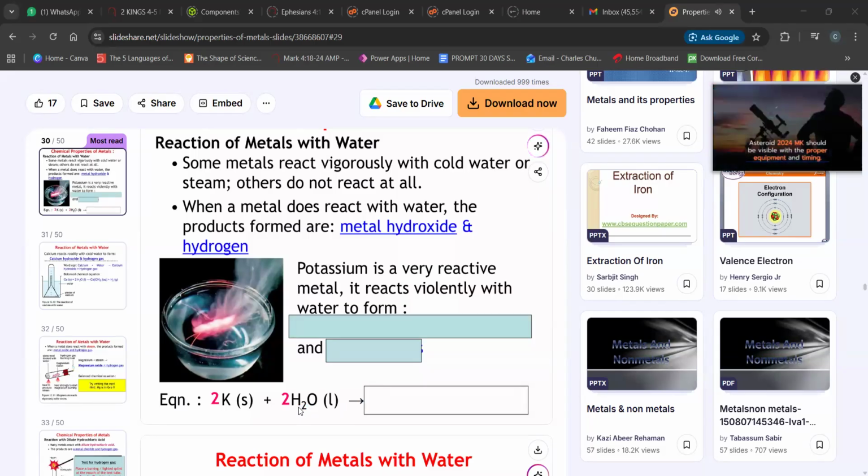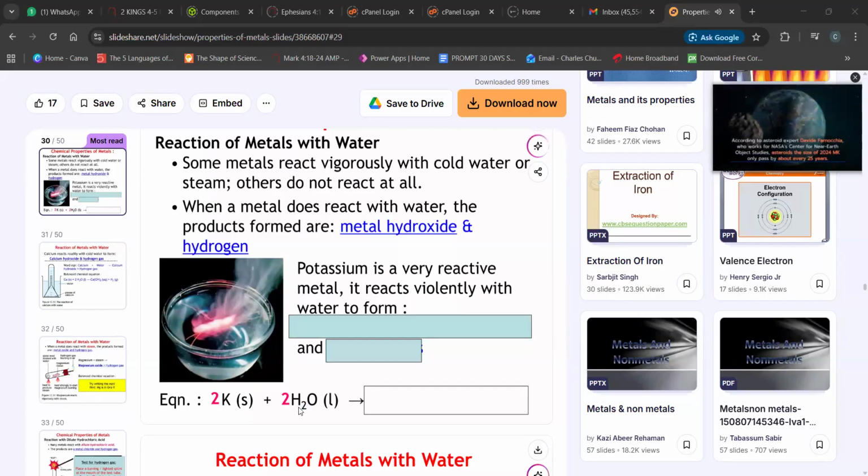So remember that. If you look at that picture carefully, that is a slice of potassium reacting with water. You can see something that looks like smoke there. It's not